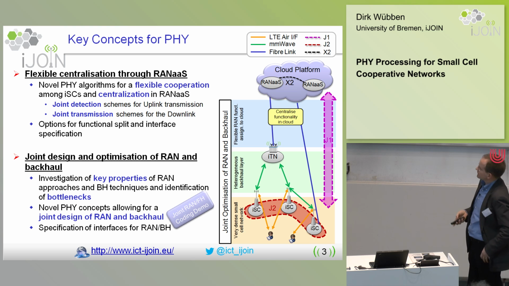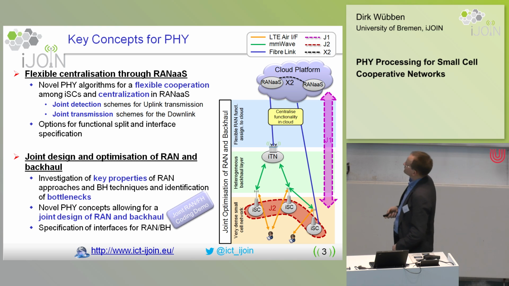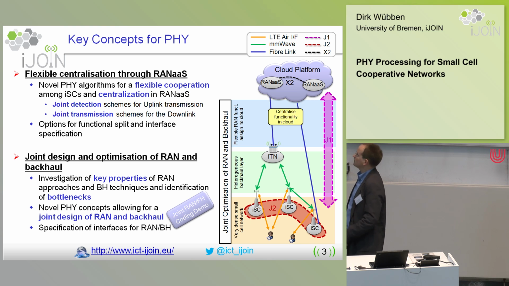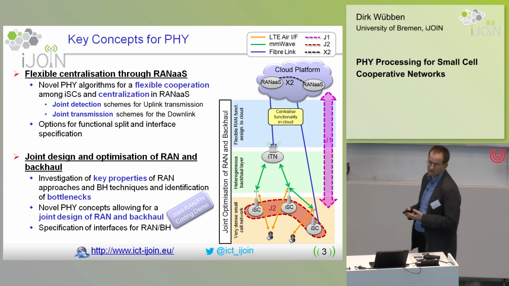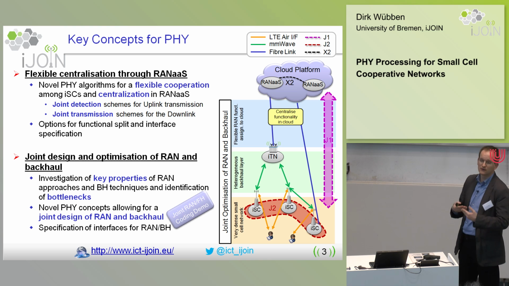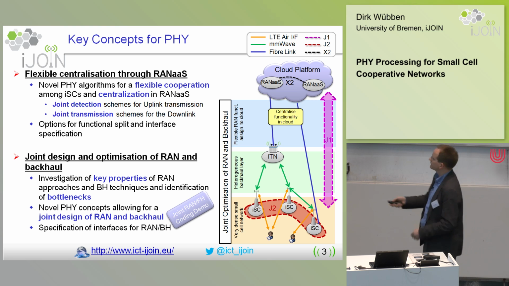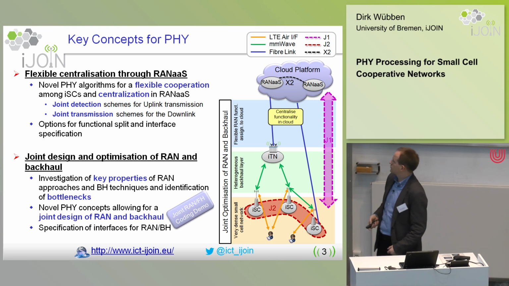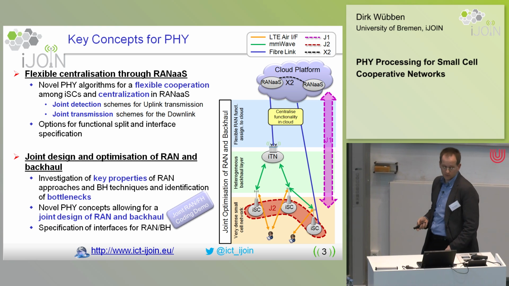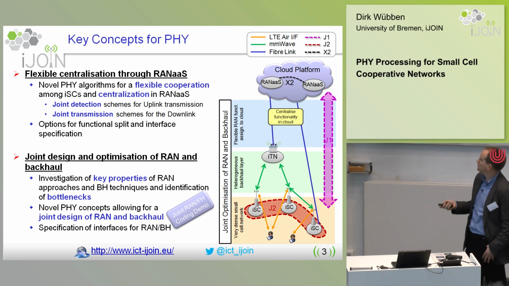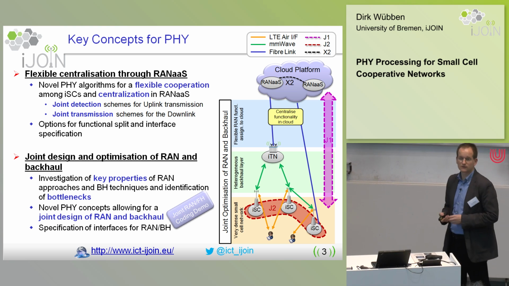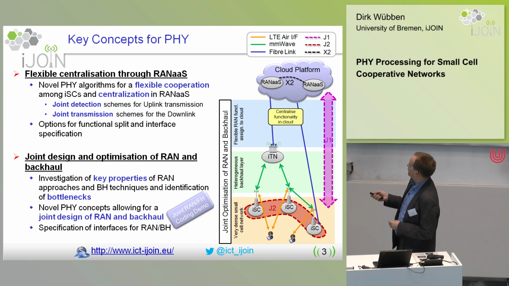In addition, the second pillar of iJOIN is the joint design and optimization of RAN and backhaul, where we in particular investigate the key properties of both links and identify the corresponding bottlenecks, which basically also leads us to a joint design of both the links. And for this, Jens is also giving a demonstration outside for this joint RAN and fronthaul coding demo,